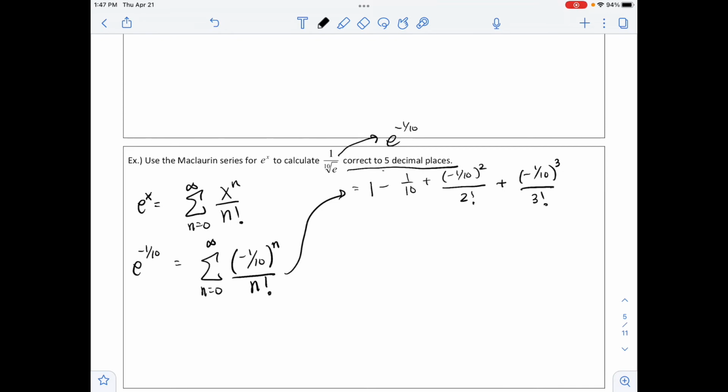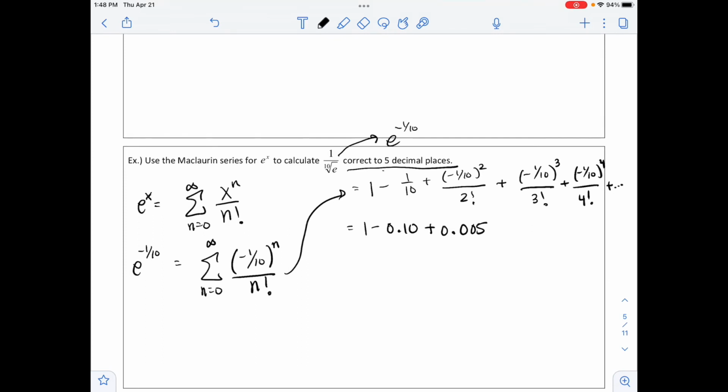And I'll put a factorial in that 2 also, which works out to being just 2. Plus the next one would be negative 1/10 to the fourth all over 4 factorial, plus, and then this continues on. So we have 1 minus 0.10 plus, and then negative 1/10 squared divided by 2 would be plus 0.005. And as of right now, it says correct to 5 decimal places, so you'll see that that first term is